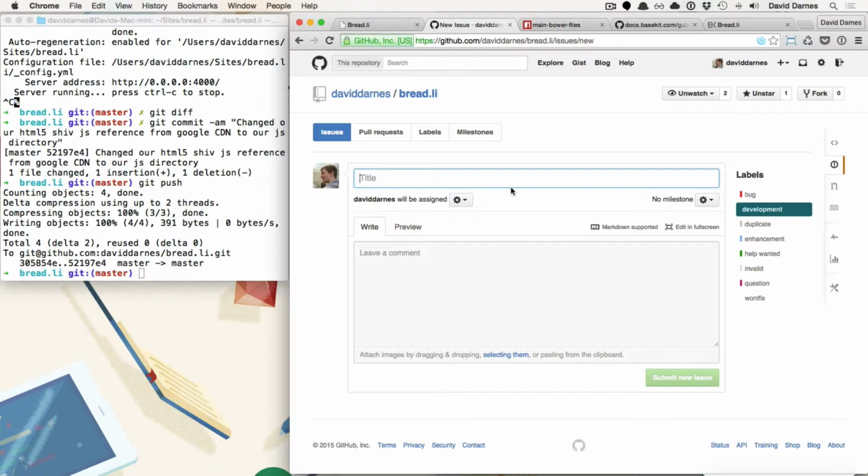We need some front end frameworks. I want to get into some CSS. So let's import front end dependencies, and